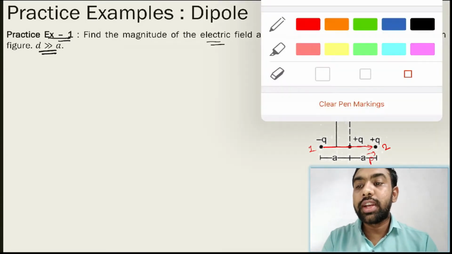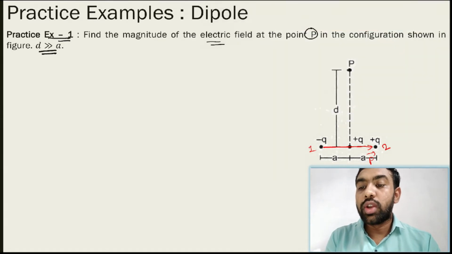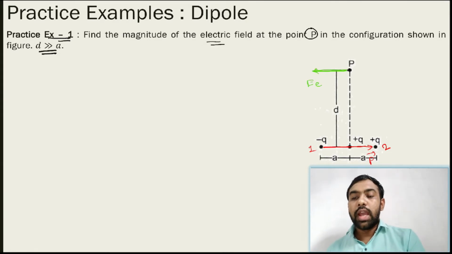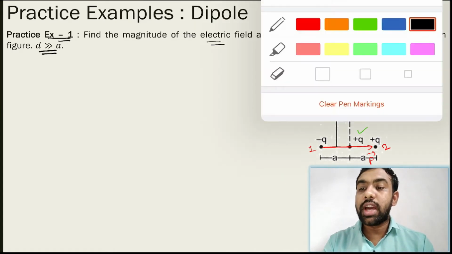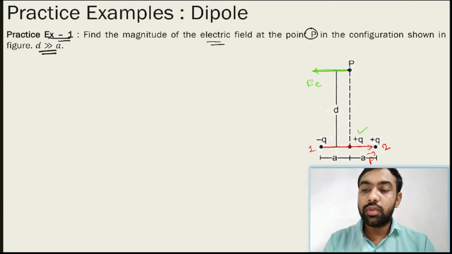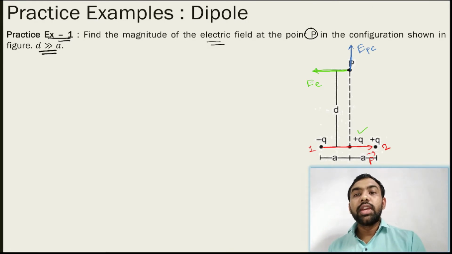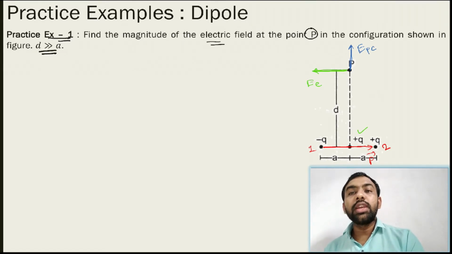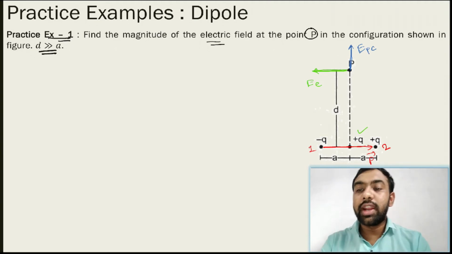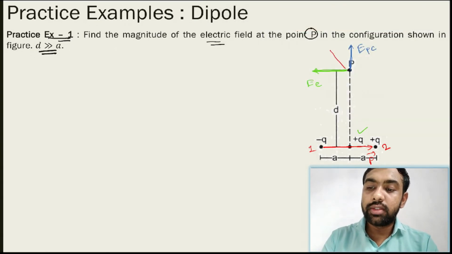So what is the direction of the electric field due to this dipole? The electric field due to the dipole is along this direction. This first one is E equatorial, and this charge is a plus Q charge. Due to this plus Q charge, what is the direction of the electric field? Away from it. So this is E due to the point charge. So we have two electric fields, E equatorial at point P and E point charge at point P. What is the net electric field? The net electric field, the total one, is suppose E.